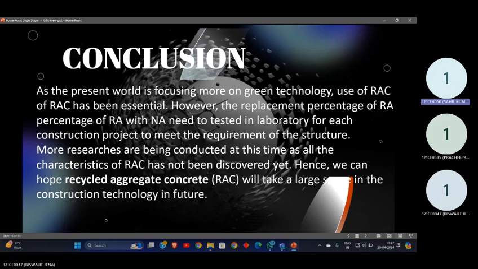Ultimately, the successful implementation of recycled waste aggregate concrete relies on collaboration among stakeholders, including government agencies, developers, contractors, and material suppliers to address technical, regulatory, and market barriers. By leveraging innovation, best practices, and commitment to sustainable development, recycled waste aggregate concrete can play a significant role in promoting a more circular economy and achieving the goal of a greener, more resilient built environment.